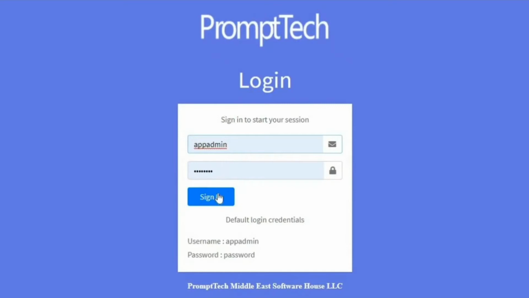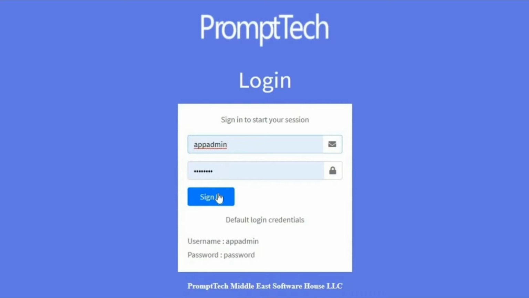Hey guys, today I'll be talking to you about a real estate application, which is a very interesting software used by real estate people for monitoring their day to day rentals, tenants, contracts and everything, because there are a lot of things which have to be taken care of. So today I'll be showing you how this software actually works.